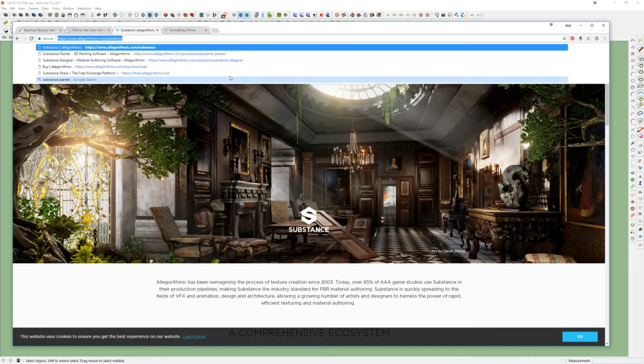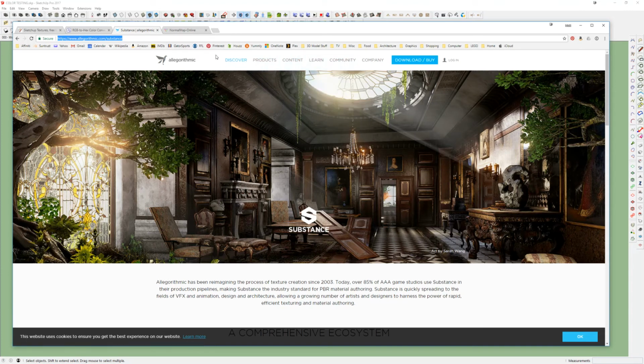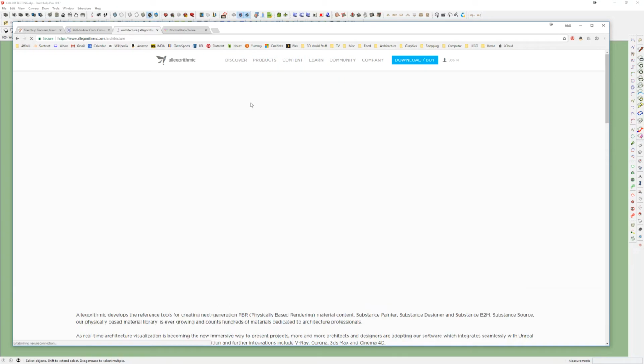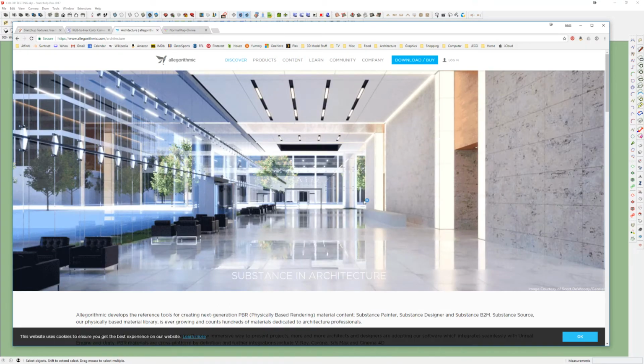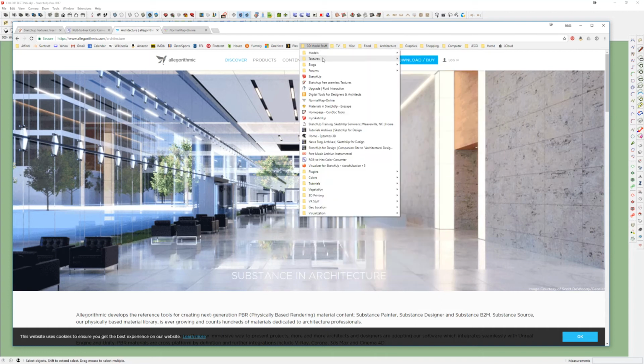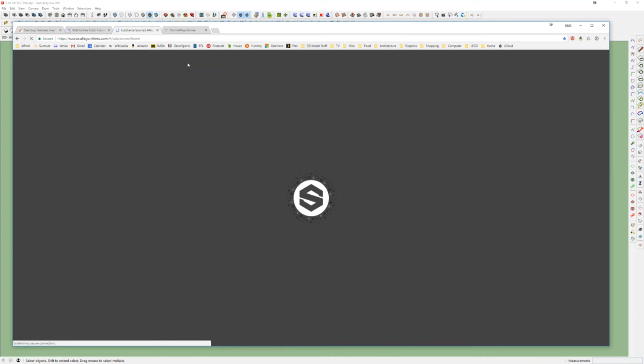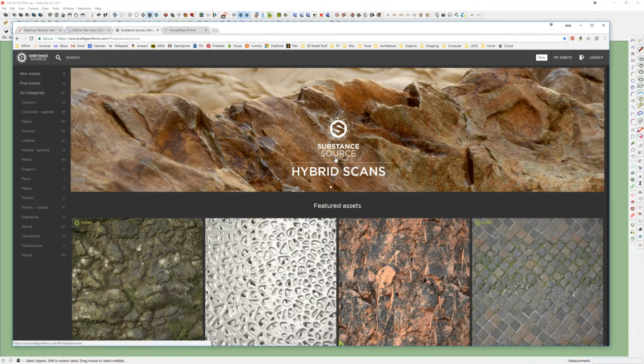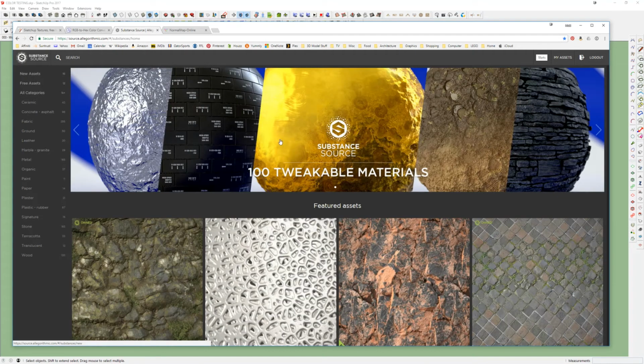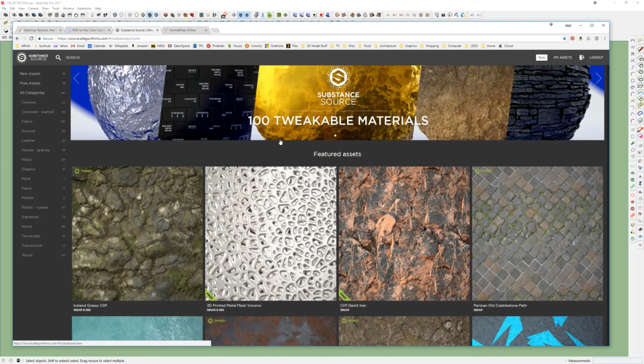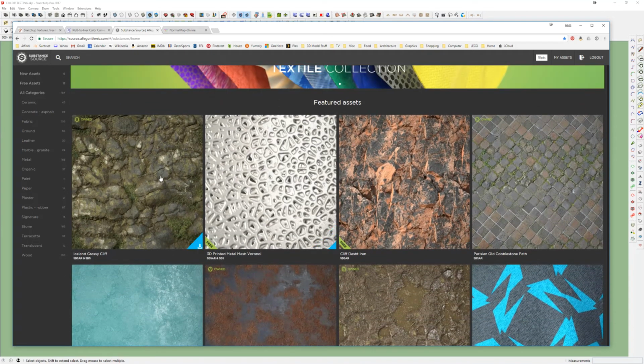Let me see here. What's the website I'm looking for? I think I have it bookmarked somewhere. Okay. Again, just another example of their architecture stuff. Graphics, textures. Here we go. This is the website. I think this is it. Here we go. So these are their materials, and you can see these are so much more realistic than so